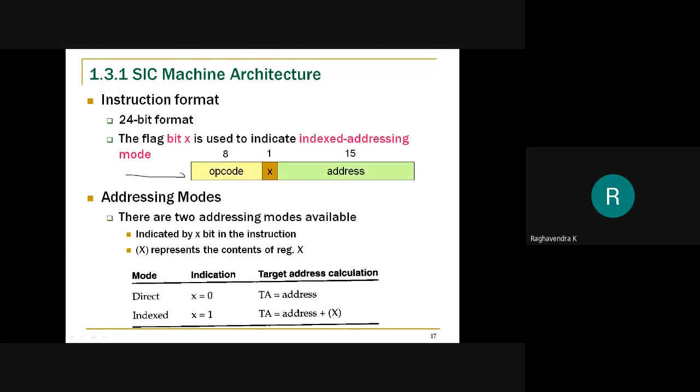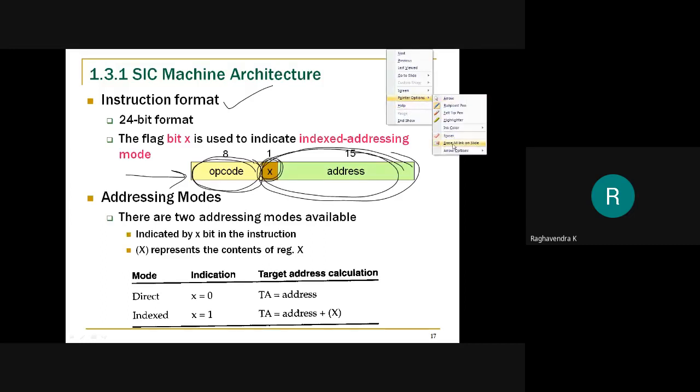So you are supposed to use this instruction format to perform any operation in a SIC machine. First we will specify the opcode, then I will specify the address of the operand. I'm not taking this separately as of now, I will come back to this. But as I said, we have to specify the opcode, meaning what operation the computer is supposed to perform, and we also are supposed to specify on which operand this operation has to be performed. So this basically makes up our instruction format for the SIC standard model.